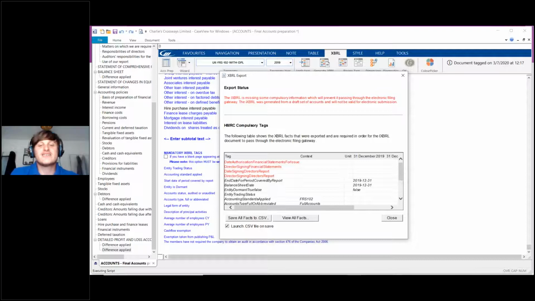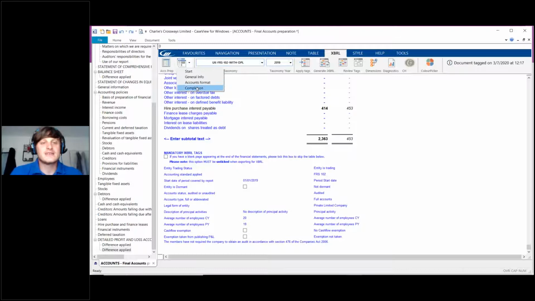Now, these messages are essentially because of the fact that when we first clicked HMRC, you saw that I got that message that I ignored to do with the accounts completion. Essentially, I haven't put the dates for this set of accounts into the completion section. So before you look to submit your set of accounts to Companies House or HMRC, you need to make sure that you've got your dates from your client, the dates that they are signed. So if I close out of this now,